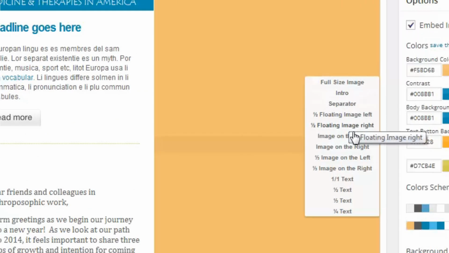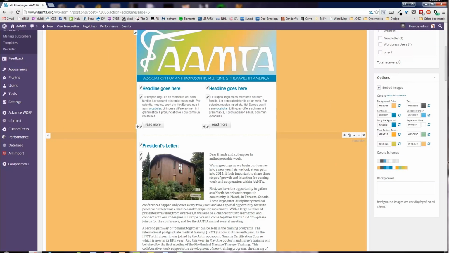Intro, full-size image, and then 4 options for text. 1/1 means how many columns. In this case, it's full column, 2 columns, 3 columns, and 4 columns. So let's go ahead and put in a half floating image on the right, and whenever we click here, it's going to insert the module above the section that we've got. So if we've got the separator and we click on the separator's plus and then insert this, it's going to